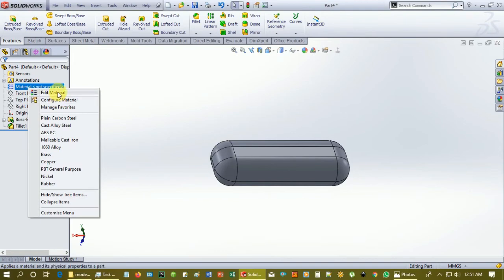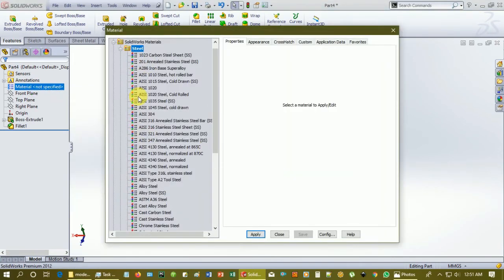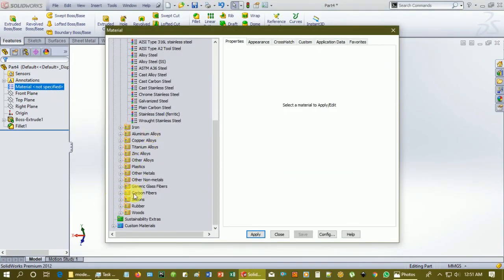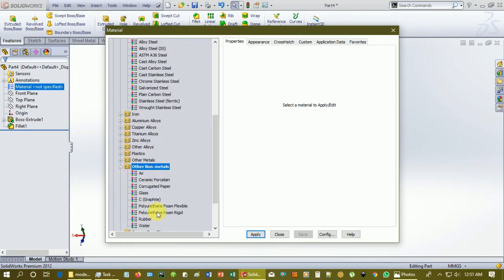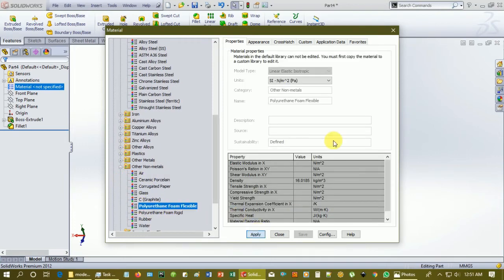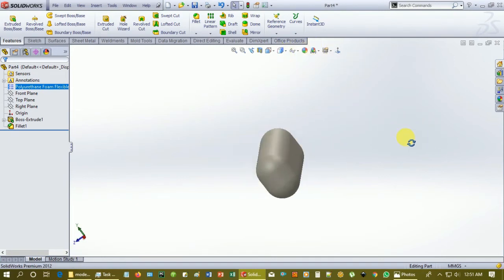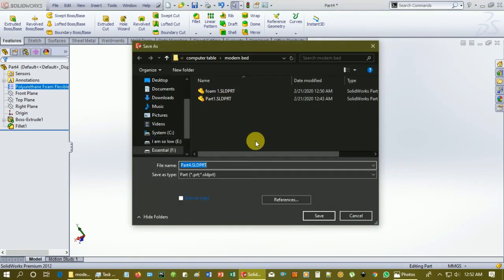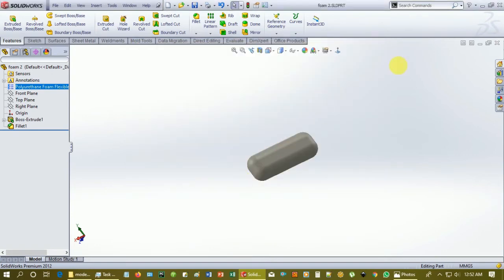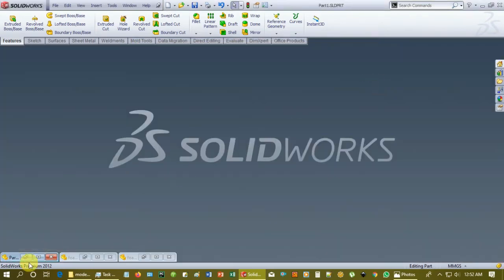Change the material, go to non-metal, flexible. So where is our pillow? Let's save it. Foam 2,